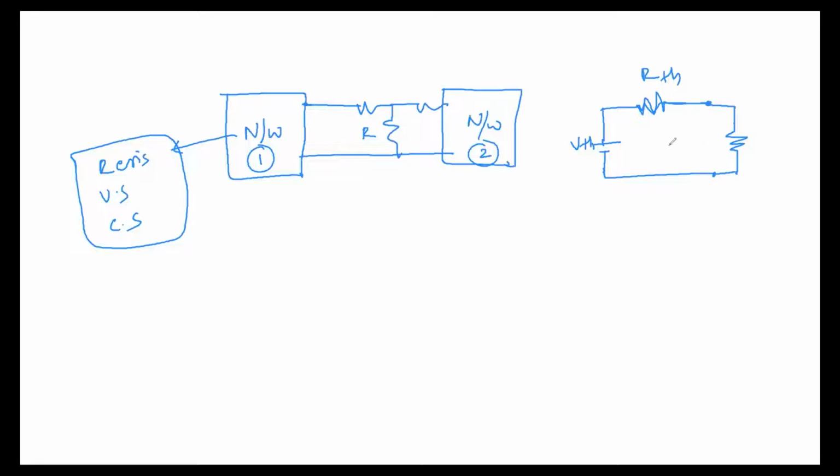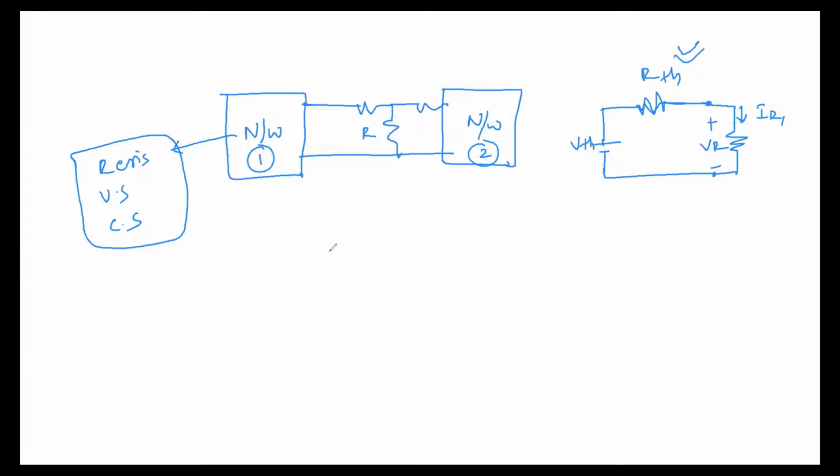Like this we generally convert. First, we usually convert that big network into a small network for finding a response in that resistor. Let us say it is the current through that resistor or the voltage across that resistor. If you want to find it, you first convert into a simple network, then it is very easy to find the response. This is Thevenin's theorem, which we learned before.